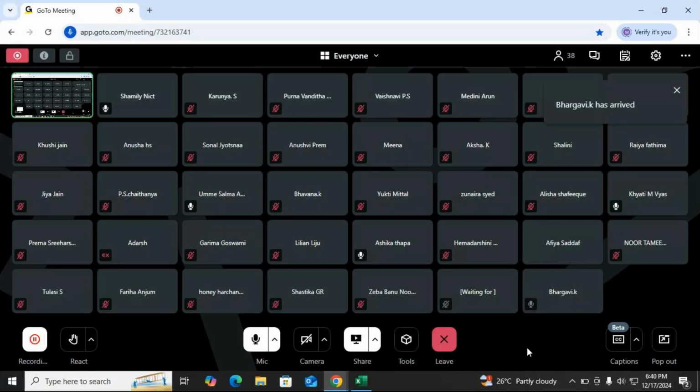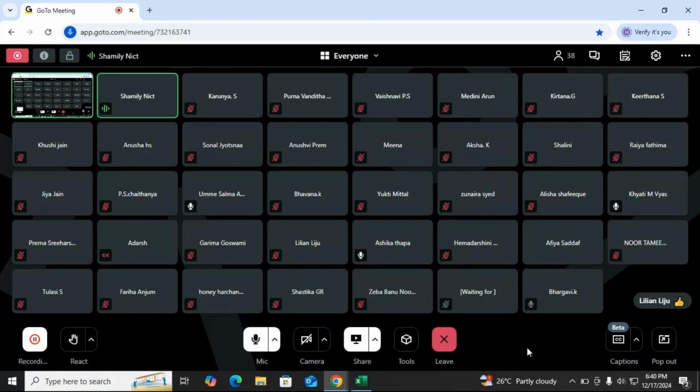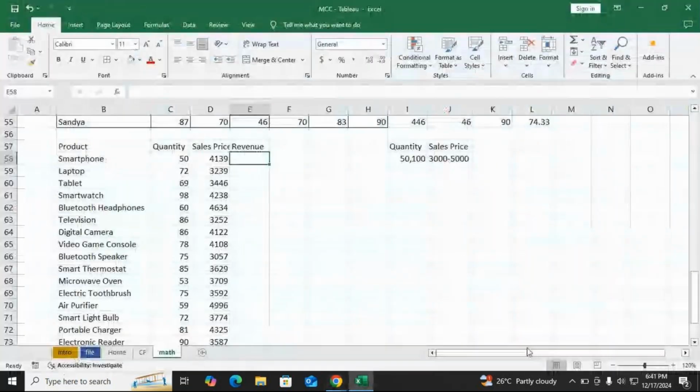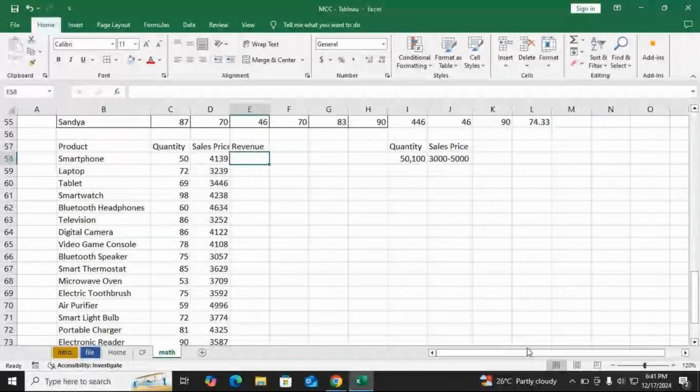Have you all done this? Update this data. Instead of typing the names of the product, you can also type A, B, C, D, X, Y, Z, some alphabets, as product names. Then I just used the function to generate the quantity 50 to 100. Then the next one, the sales price 3000 to 5000. Now to find the revenue,